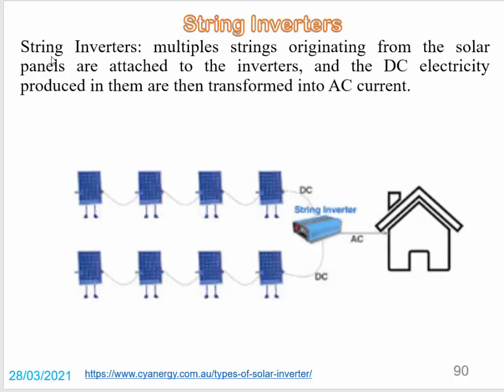String inverters: multiple strings originating from the solar panels are attached to the inverter. For example, we have this inverter. String 1 is attached to the inverter. At the same time, string 2 is attached to the same inverter. And the DC electricity produced in them is then transferred into AC current. So the inverter changes the DC current produced by the solar panels into AC current. And in this type, the string inverter, there are no batteries. The second type,